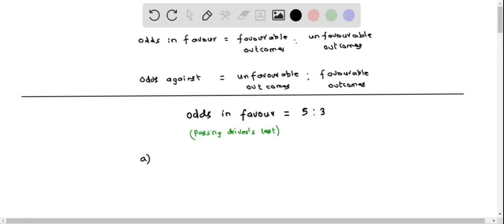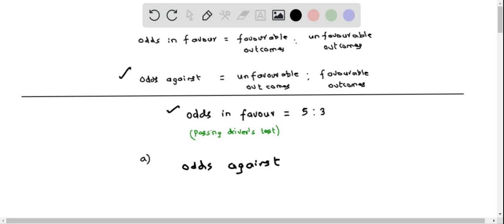We are given that the odds in favor of passing a driver's test equal 5 is to 3. In part A, we have to determine the odds against passing a driver's test. So we can use this formula for odds against, which is the ratio of the unfavorable outcomes to favorable outcomes. So I'm writing odds against